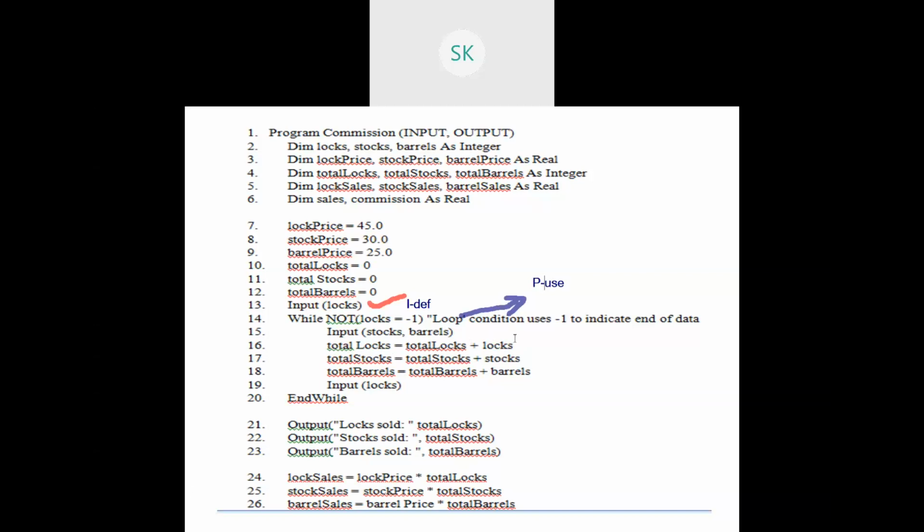Next one is with respect to the logs, if I am talking about. Here, what is this actually? Here we are mentioning it, so here it is used, only usage.